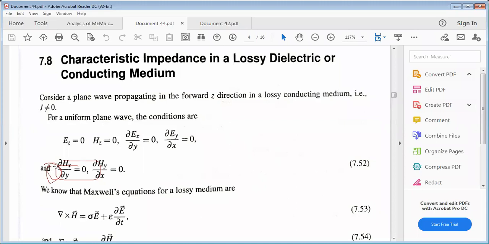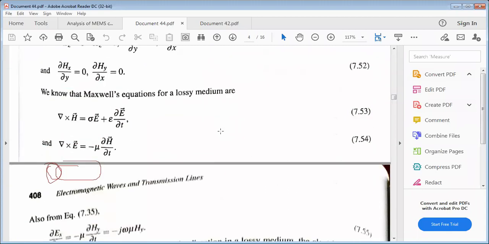Okay, and x with respect to y is 0, y with respect to x is 0. Independent terms are always 0. We know the Maxwell's equations for the lossy medium,